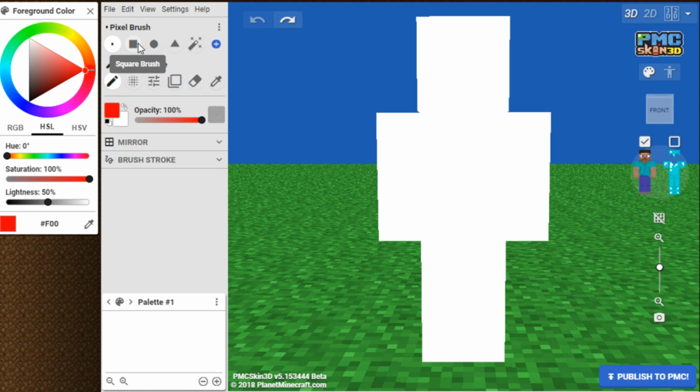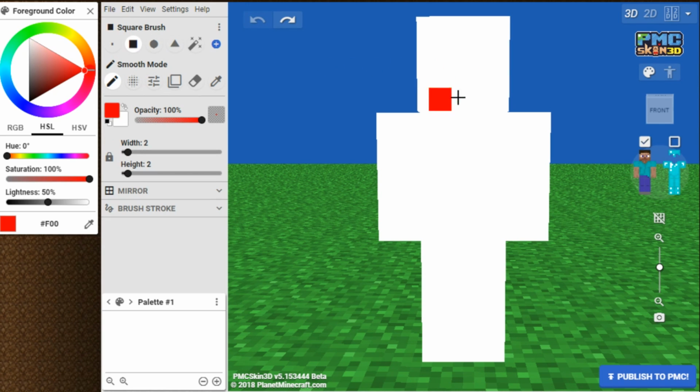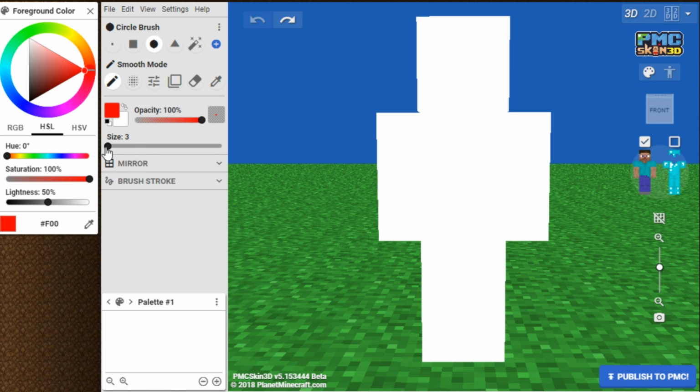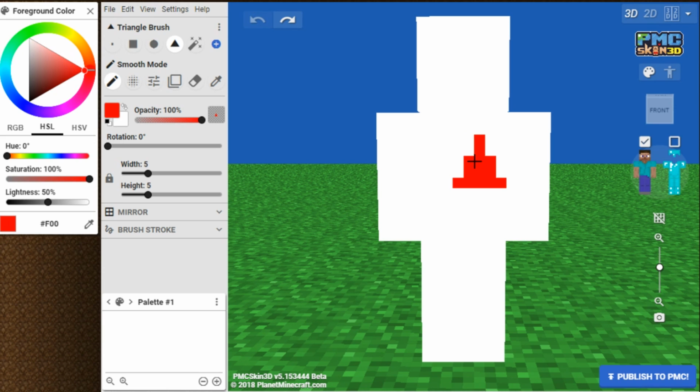So we are set on the basic brush settings now, the single pixel brush and smooth mode. You can, of course, change to square brush, and you can change the different widths and heights to make it huge if you want to cover an entire thing, or you could just have it so it's easier with shading and stuff. It's the same thing with the circle brush. I usually don't use these brushes, I just use a pixel brush, but it all depends on your style and your way of doing things. They also have the triangle brush, which again, they're just shapes that you paint in.